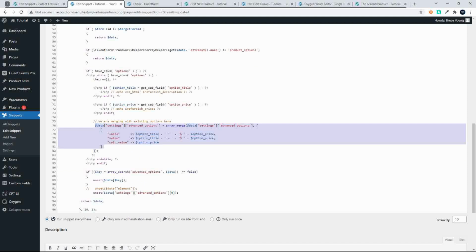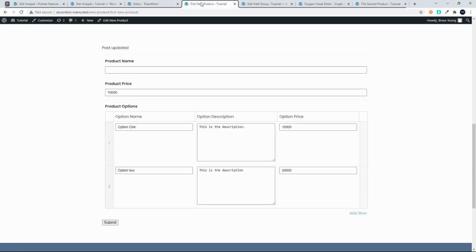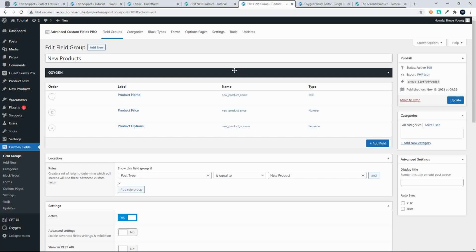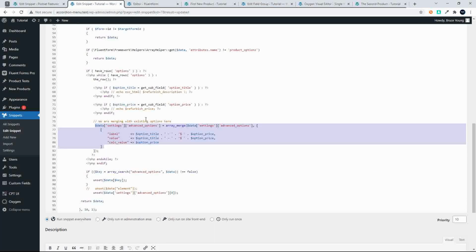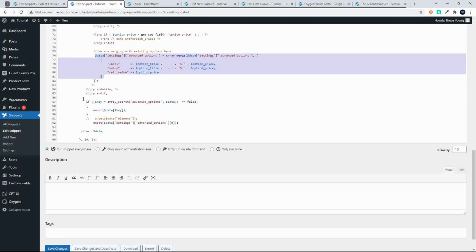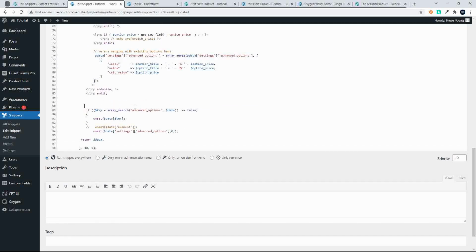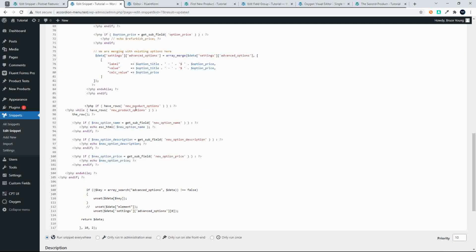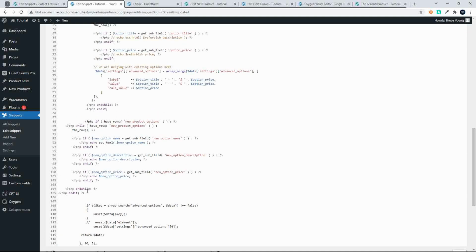So to show you how we can do that, if I go into the field group, you'll see that when I hover over, because of this add-on, I can simply say copy code with subfields. I can then head back to my snippet, and I'm going to add this below that one so you can just have a look and see how this all comes together. So there I've copied that snippet in,